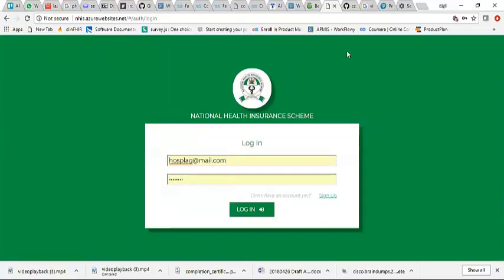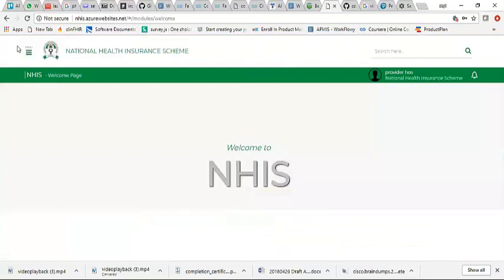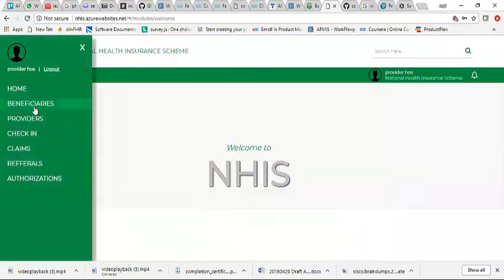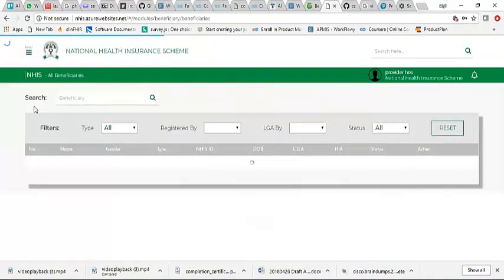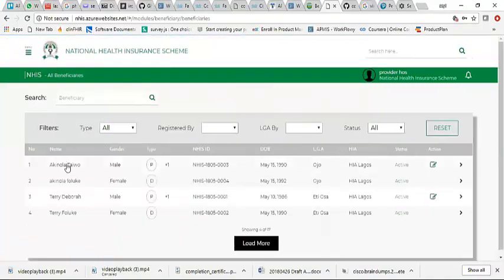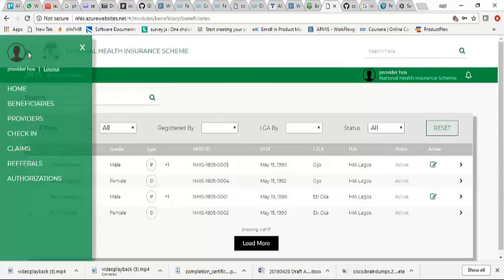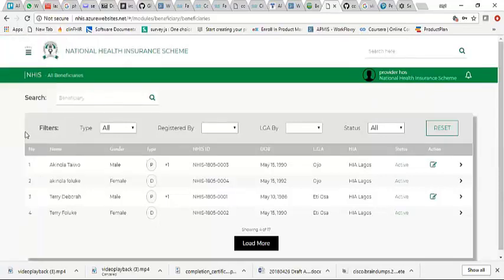To attend to Akinla Taiwo, what the provider needs to do is to log into the portal. And then from the list of beneficiaries, you can say that Akinla Taiwo is part of the release that is attached to the user facility. Then from here, you can click on check-in